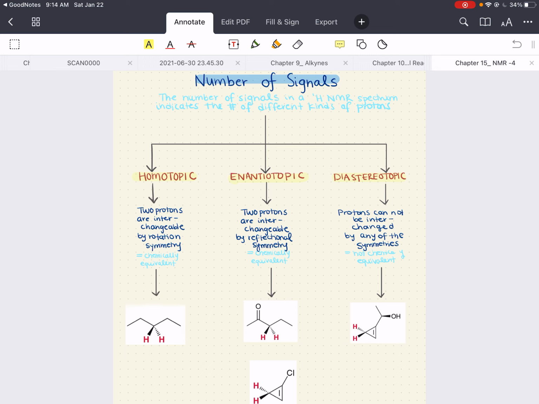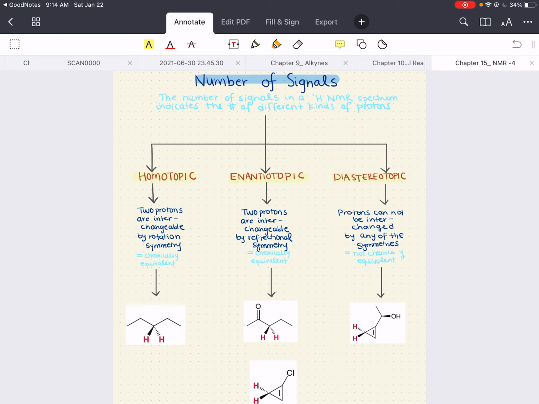So hydrogen NMR will indicate the number of different kinds of hydrogens. There are three categories for electronic environments protons or hydrogens can occupy. Protons that occupy identical electronic environments are going to be chemically equivalent, and they're only going to produce one signal. When two hydrogens or protons are chemically equivalent, they can be interchanged by a symmetry operation, either a